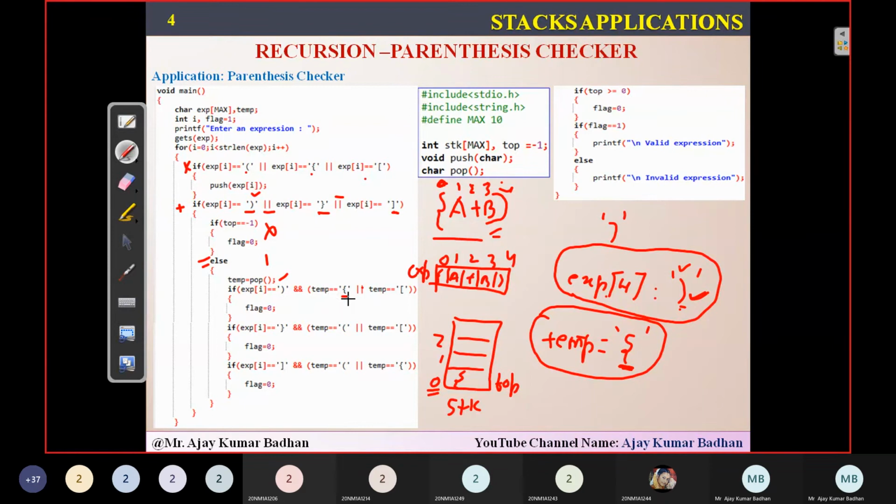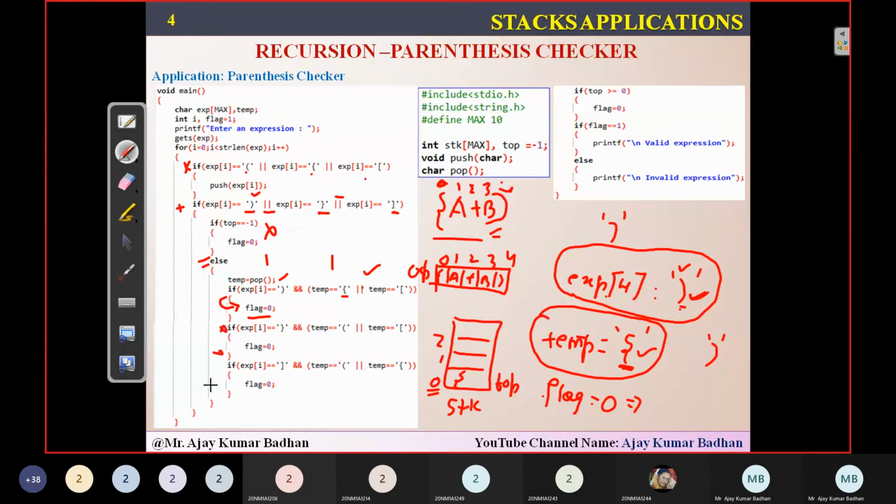So temp equal to open curly braces. Is it open curly braces? Condition satisfied. So both the conditions are true. If the condition is true, you will be entering here and you will simply say flag is equal to 0. So what do you mean by flag equal to 0? It is nothing but an invalid expression because you have opened the curly braces, but you have closed with the normal bracket. It's invalid. So that's what I'm representing here with flag equal to 0. I hope you people got it now.